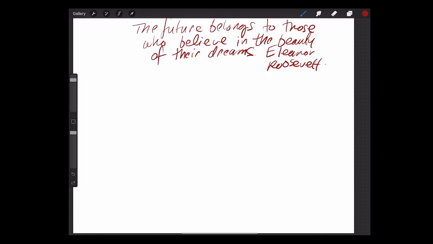I think as a designer or an artist, sometimes you just get the process started, and go with something that you like, and you're going to learn through the process. So I chose this quote by Eleanor Roosevelt, and you can find your own quote online. Do a Google search. Okay, so: the future belongs to those who believe in the beauty of their dreams.